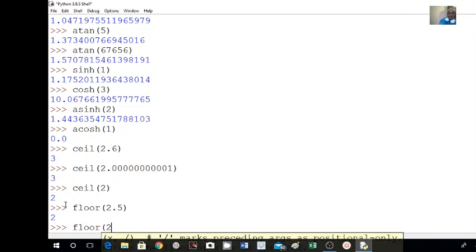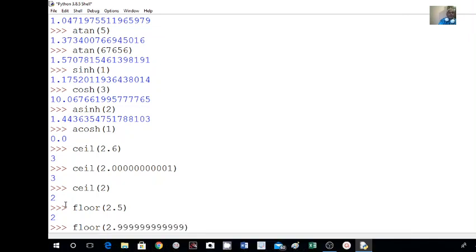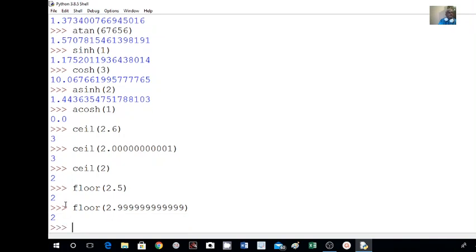If you give 2 point any bigger value, 999999999. Okay, enter, close. If I enter here, flooring is 2. So I am getting it is equal to 2. So round is the command which rounds. More than half it will go to the next integer, less than half it will come to the previous integer. But the ceiling function goes to the next integer, and the flooring function comes to the previous integer. These are the floor functions and ceil functions.